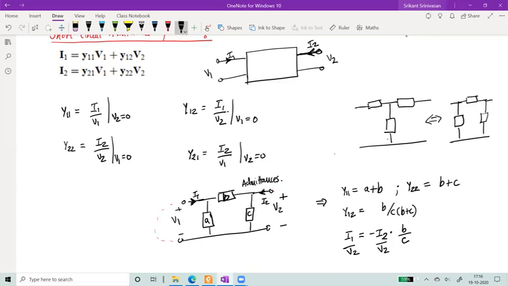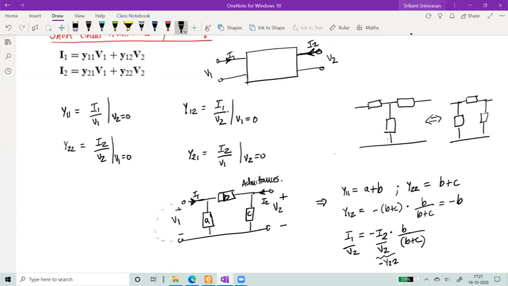Let's try it out to make sure it's correct. Let's double cross check the answer. I did not write that formula correctly. So let me just erase this part. So basically this should have been B over B plus C. That's the ratio. And now if I want to do Y12, then I would say that this part is Y22 or rather minus Y22. So Y12 would be minus of B plus C, that's the Y22 part, into B by B plus C. So that's equal to minus B.